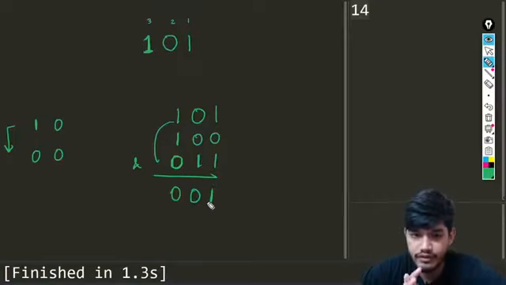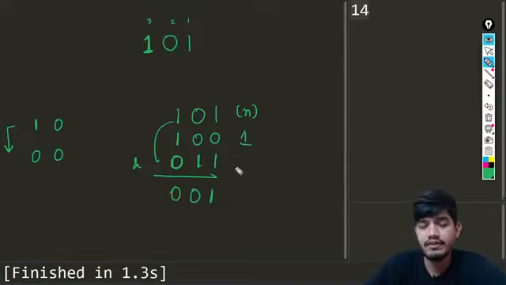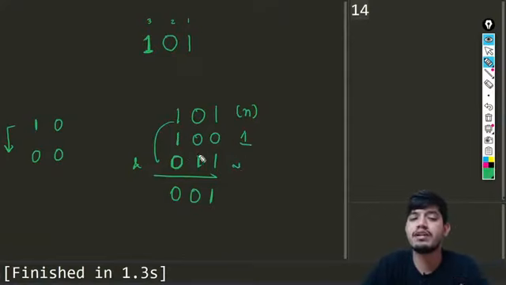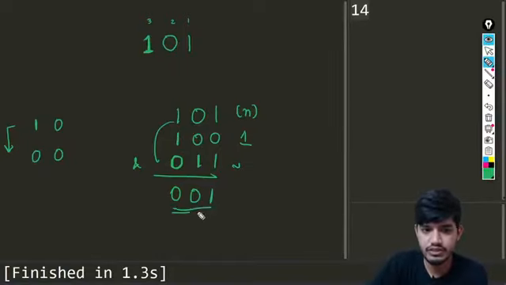I hope you have got what we did here. We have this number n, we have this 1, we have shifted that k minus 1 times, and we took the complement of that, basically converting 1 to 0 and 0 to 1. And now we are going to take the AND operation, because the value which we are getting is 1. Let us take another example.